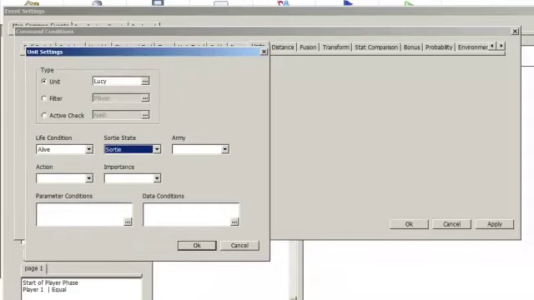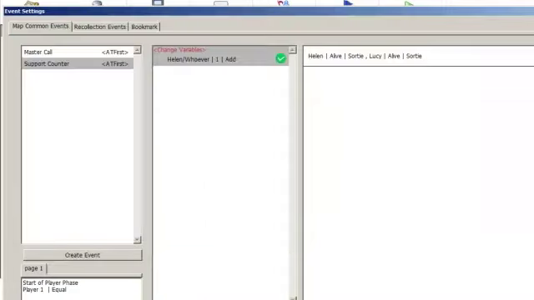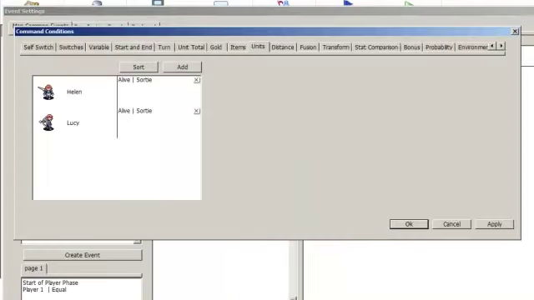Alive and sortied. And there you go. This will add 1 support point if Helen and Lucy are both alive and in the battle. Now, if you want to do it the GBA way, instead of using the unit conditions here, you will go